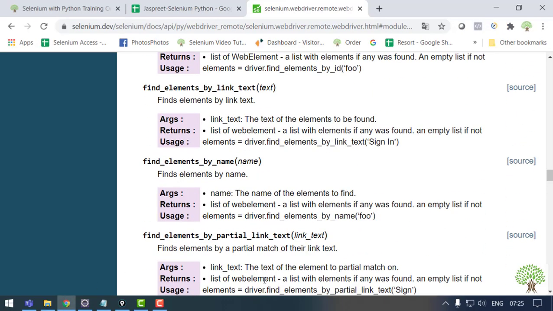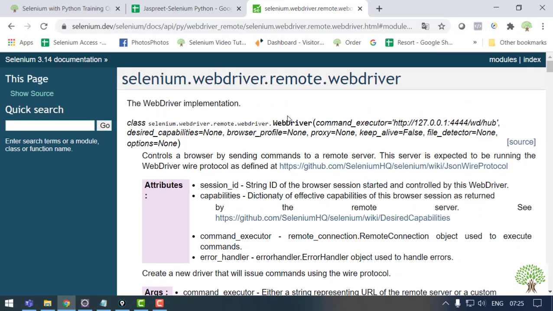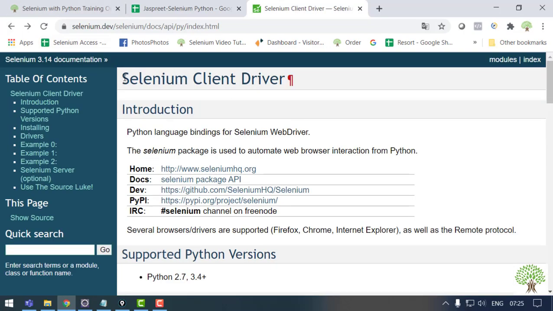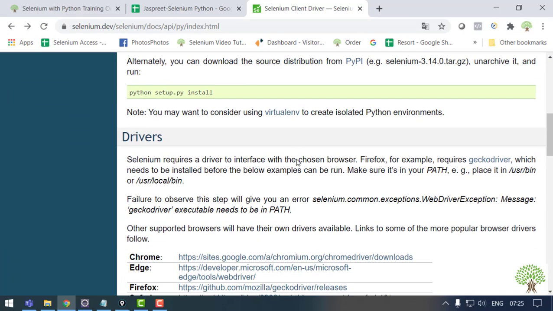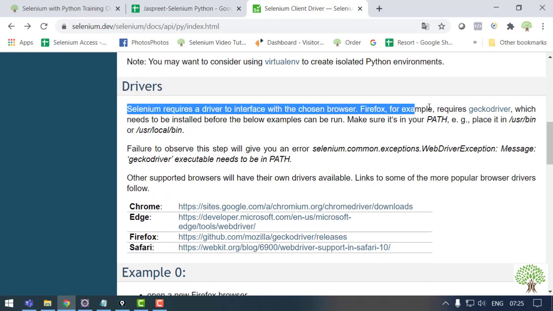You'll get the details of all the browsers on this page, where all the links are given. So over here you can see that there is a block of drivers. This drivers block says everything that you need.